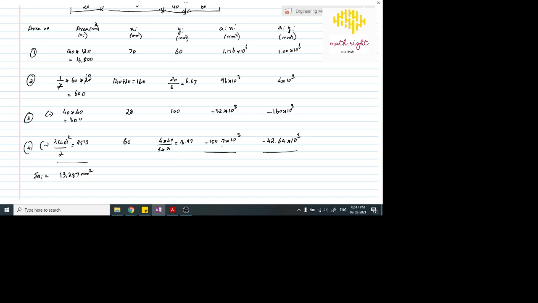Here, 10 to the power 6, we cannot directly write it as 10 to the power 6 in a calculator. For that, for the 10 to the power, we will use the value EXP, that is the exponential value. So 1.176 into e power 6 plus 96 into e power 3 minus 32 into e power 3 minus 150.8 into e power 3. We get the value of the power 6.